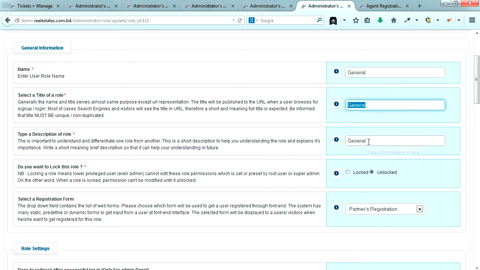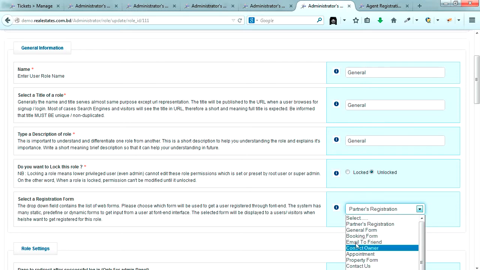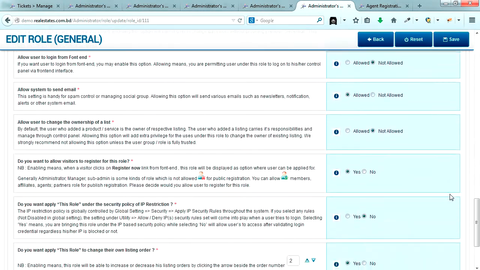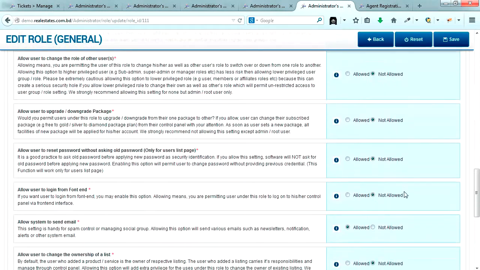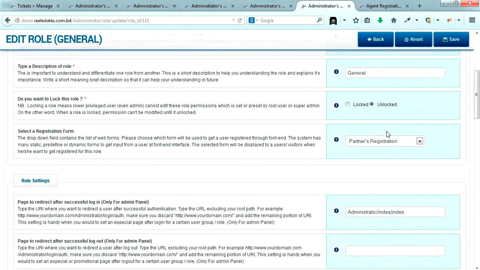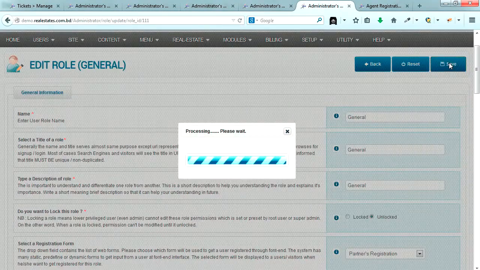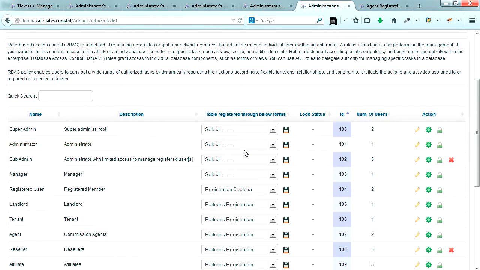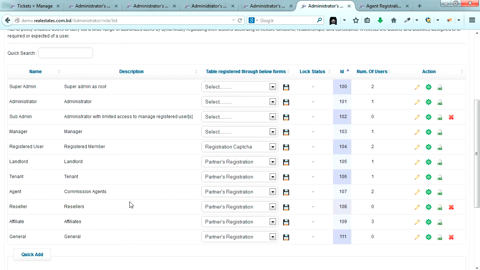So I go to edit mode, make changes to whatever you think is not properly done, or you can review and select the form. This is the list of the forms. Through this form, the general role is to be registered. So if the user wants to register for the general role, he has to come through this form. So this is an allow or disallow option. So this is an administrative option. Based on your business demand, you can come up and make revisions, whatever you want, and then go back and you can find the list of the roles you have. And if you think that you do not need some role, you can remove these as well.